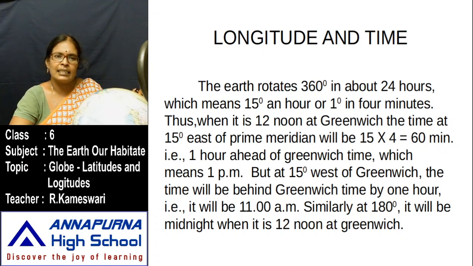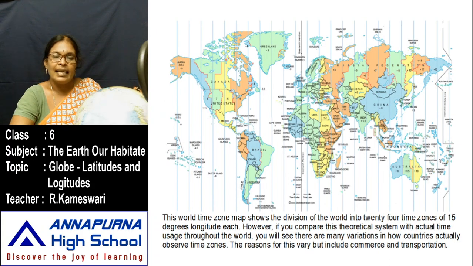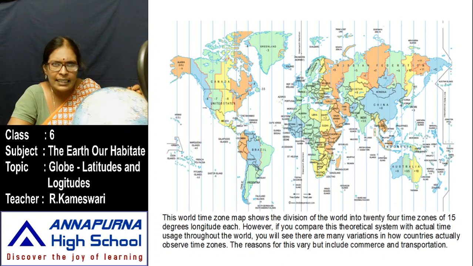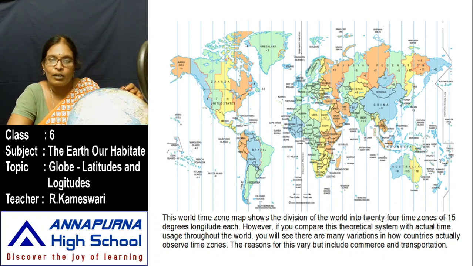That is our latitudes and time. I will explain again to you. Listen. In this world map, in 1884, scientists divided the total world into 24 time zones. Here this is the prime meridian, 0 degrees longitude is called the prime meridian, the center line. It passes through London. 180 degrees are located in the east side, 180 degrees are in the west side. If you come to the east direction, you cross 1 day.